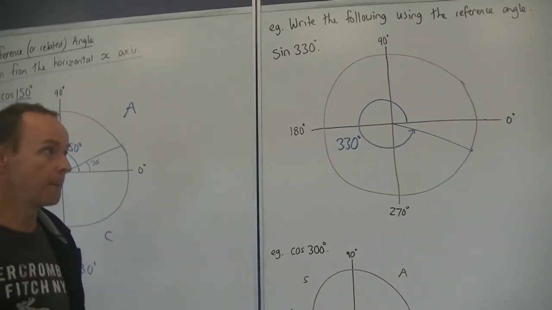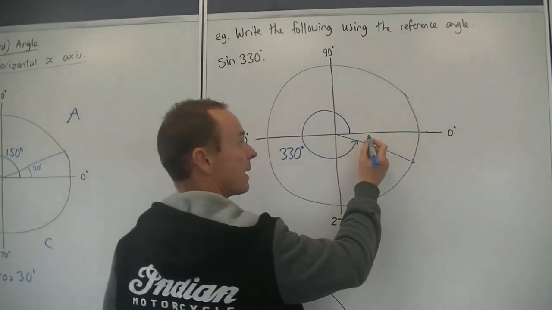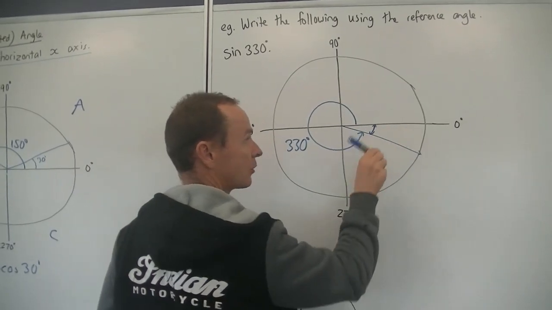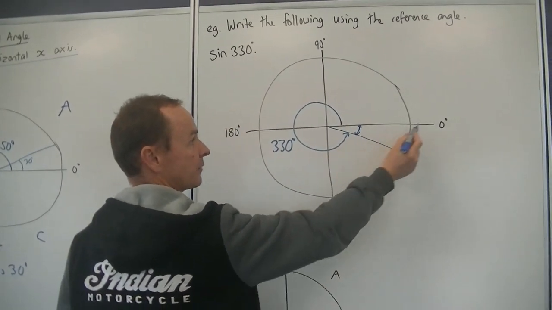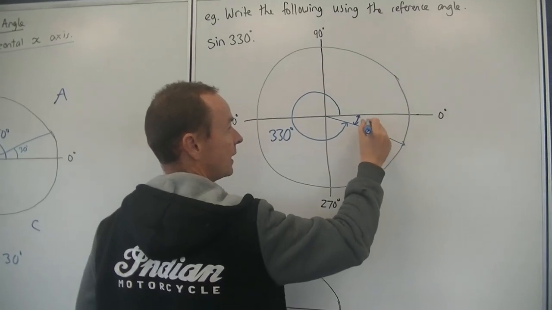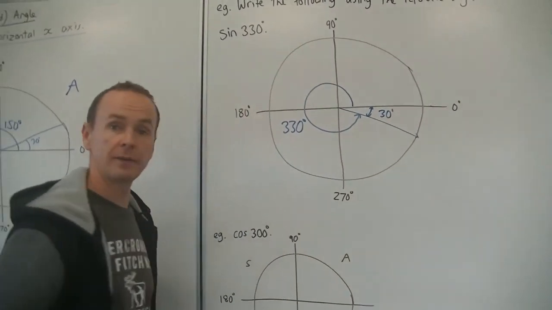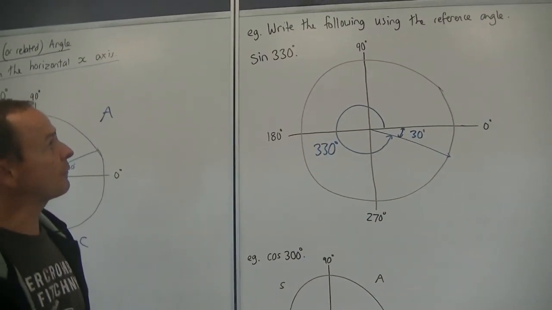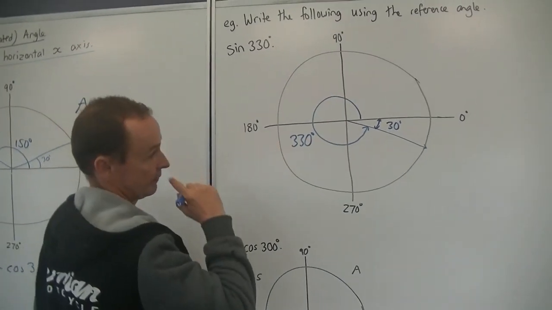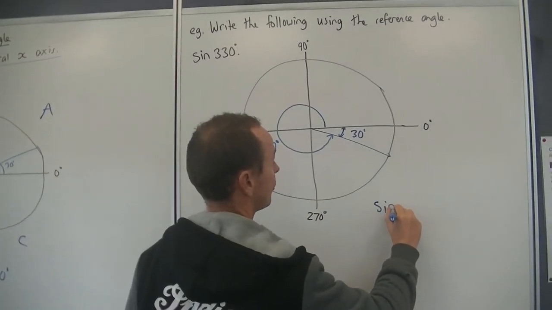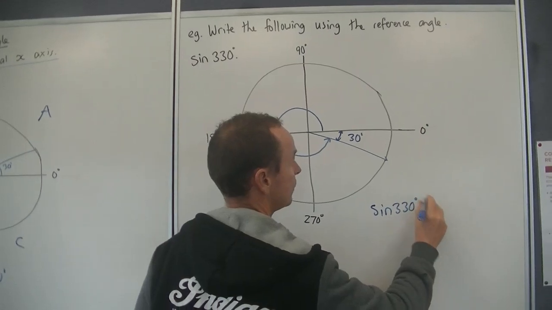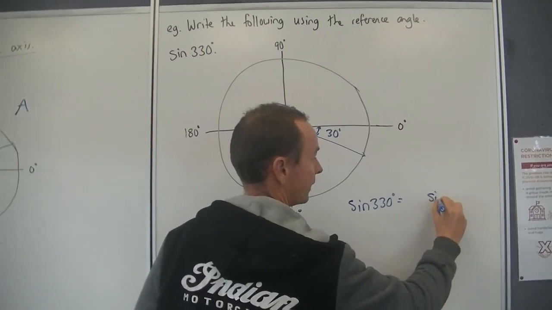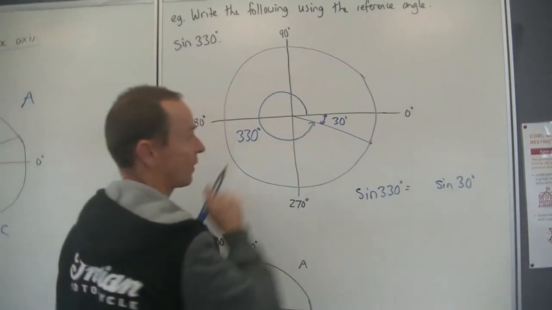So that angle all the way around there is 330 degrees. That's pretty easy, isn't it? So, remember our reference angle has to be taken from the horizontal. So what would this angle be? If that's 360 and that's 330, again this would be 30 degrees. So our reference angle is 30 degrees. So we can say here, sine 330 is equal to sine 30 degrees, because 30 is our reference angle,